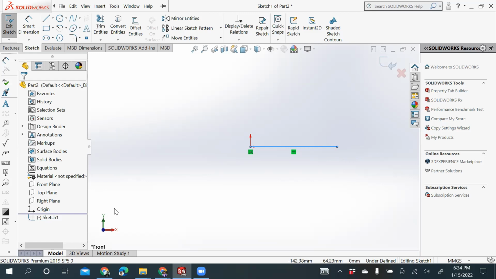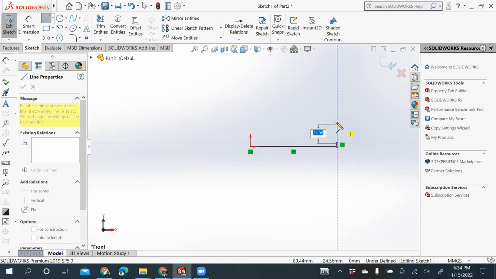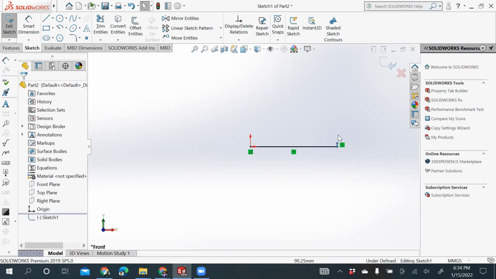So moving on with our sketch, I'm selecting the line tool again. I'll be continuing my sketch from this point. I need a vertical line here. Zooming in, just scrolling your mid button can zoom in and zoom out of your sketch. I want to delete this particular line.